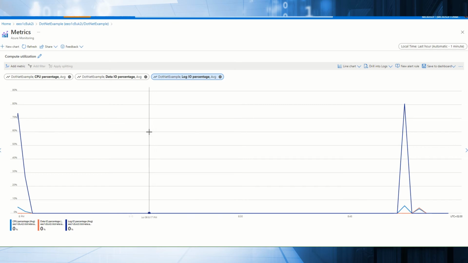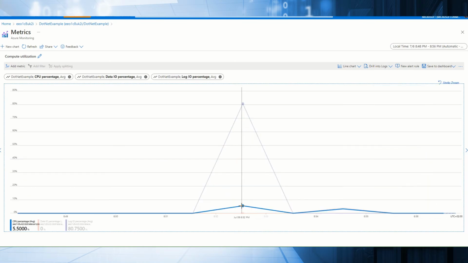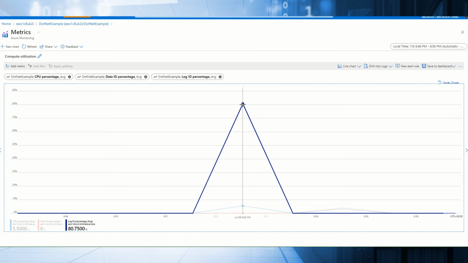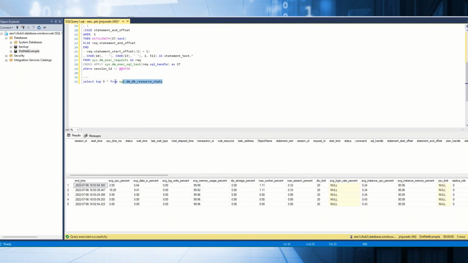So right now, at least it seems that something is happening, because if I review what happened, the CPU is 5%. If I use the data.io, it's 0. So right now it's clear that the main workload that I have is with IO, with data.io. So for the reason I could run the same